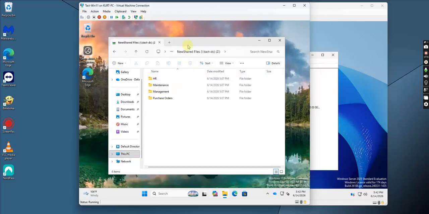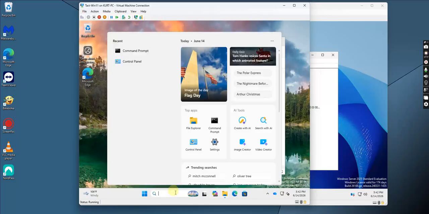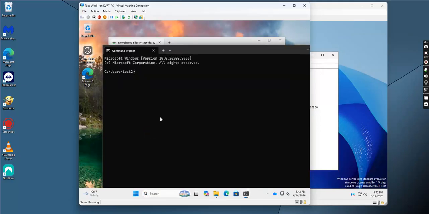Now my user is connected to the new shared files, and just to make sure,